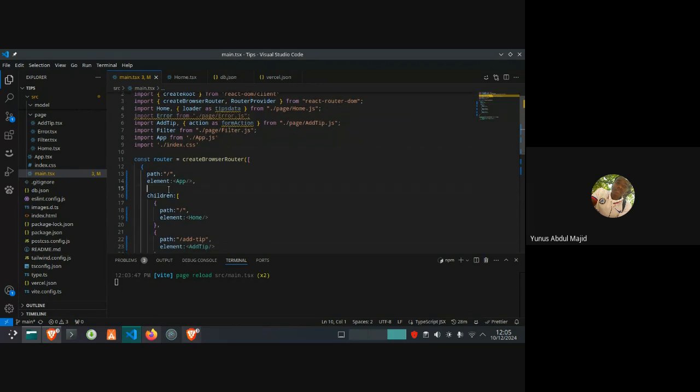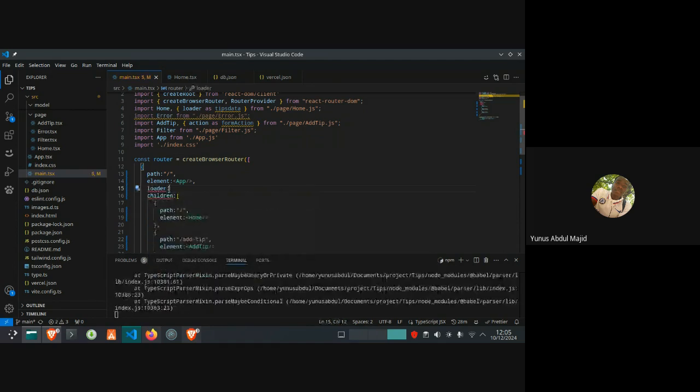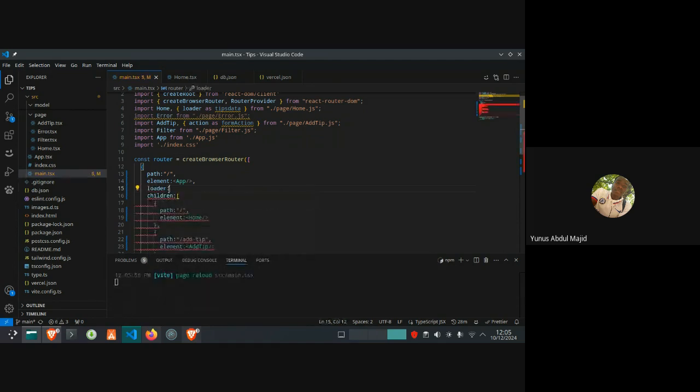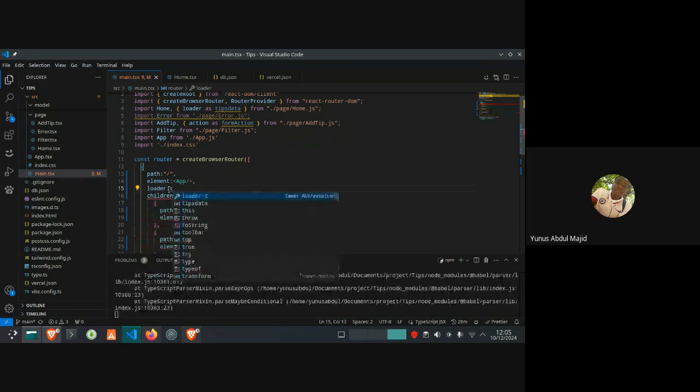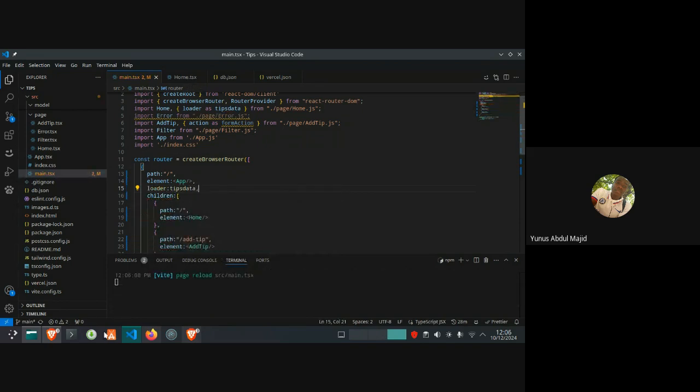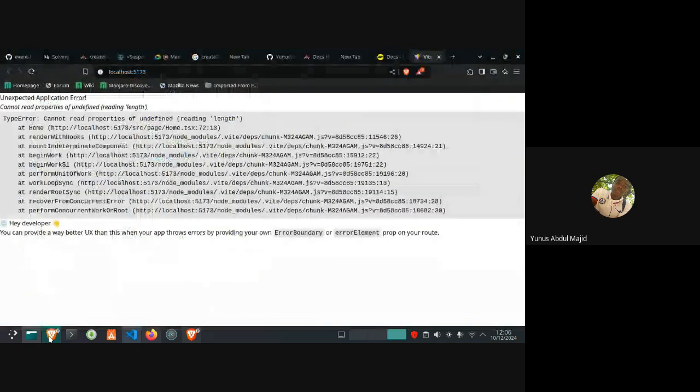Under here, since I want to use the data across all the routes, I will call this property loader, this loader property, then I will give it the value of tips data, with my comma. So I think the error message should be gone by now.